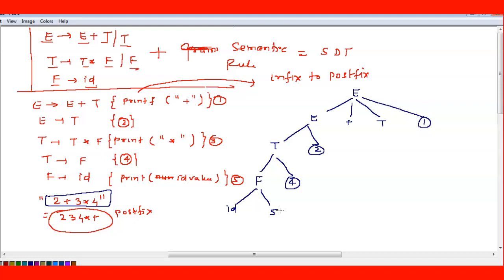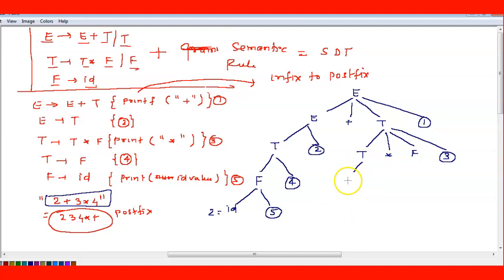So now you tell me this one here, this is given your rule. This is all our rule only. Okay, don't confuse with this. This is rule. ID is equal to how much? 2. Now T will do it here. T becomes what? T star F, right? And rule number 3. Okay. Next T becomes F, F becomes num, right? ID.